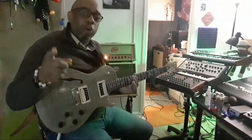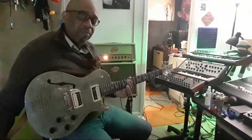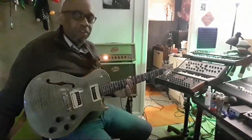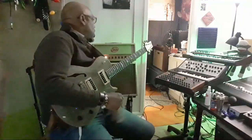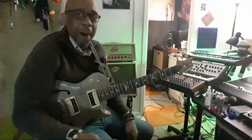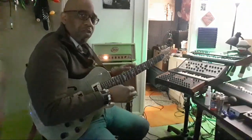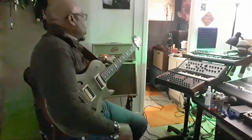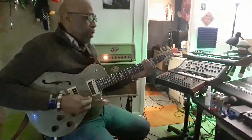The one thing I noticed about this amp is the sustain. It just lasts at least a good 10 seconds. And like I said, I'm not messing around with the power. I've looked at the video on how to use the power and the drive, but they say basically whatever you do with the drive, do with the power, pretty much. But again,